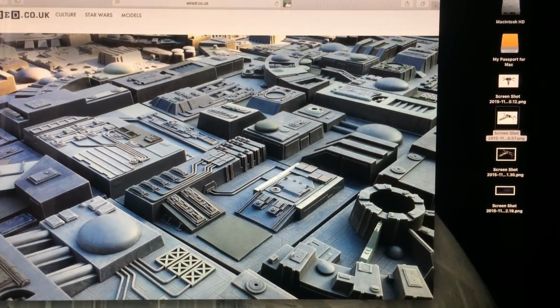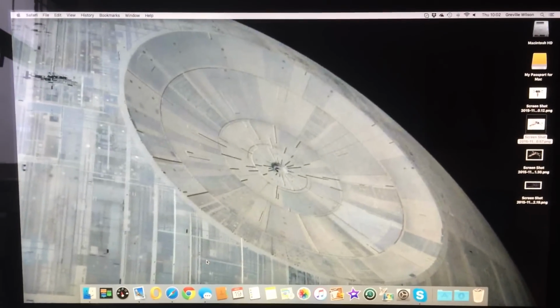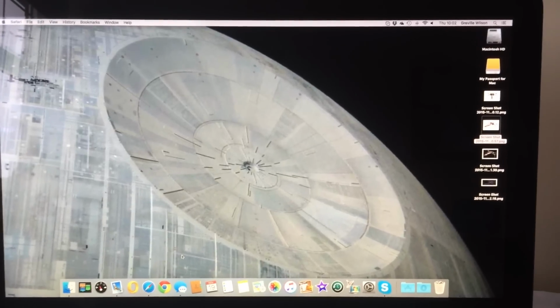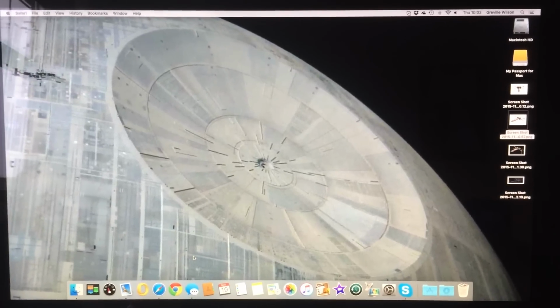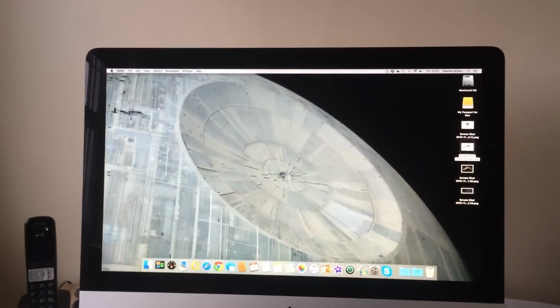Right. But I'm thinking at the moment of painting just like this around here, just this sort of surface. So it's the Death Star surface, but from high altitude. So Stuart, let me know what you think, whether you like a lower altitude with more 3D bits, but that means sticking bits on which ultimately might come off because it's a wooden base and then it's plastic parts. So there's a potential longevity issue with that. Whereas this, if I could somehow emulate this kind of paintwork so it looks like the surface of the Death Star at a distance,